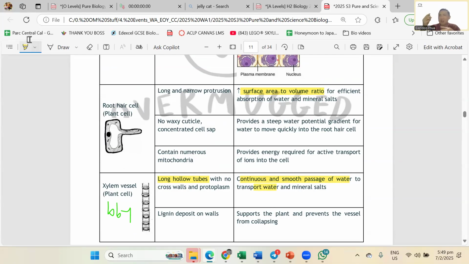Then your bubble tea pearl, I know there are two kinds of straws. Sometimes they give you the bad straw, right? Then you poke, poke, poke. What happened? The straw keeps bending. Wow, I hate that kind of straw. But if they give you the very good straw, poke one time, whew, very, very good. So your xylem is the better straw. It's very strong because it doesn't want to collapse. And what keeps it strong? This lignin deposit. This lignin deposit helps to prevent it from collapsing.